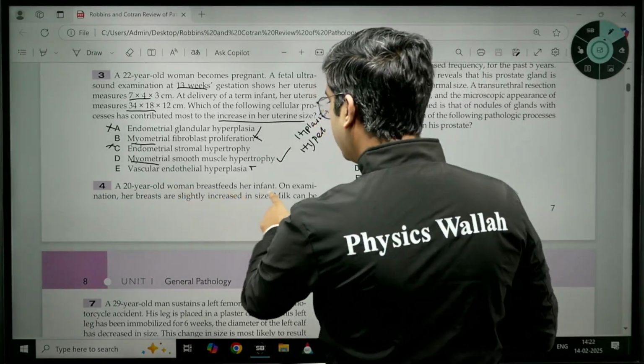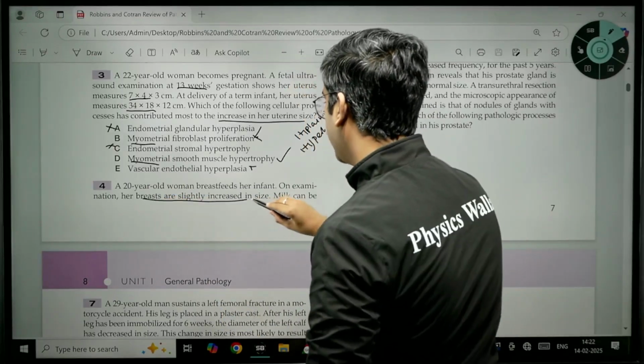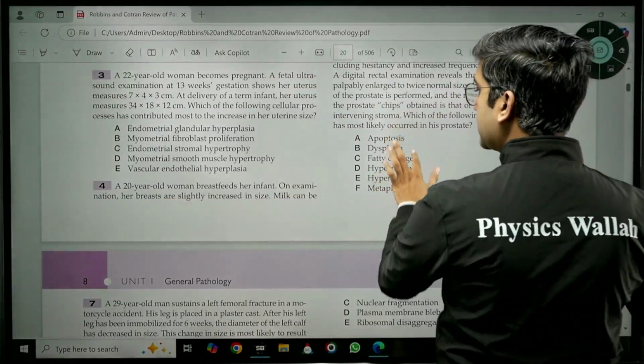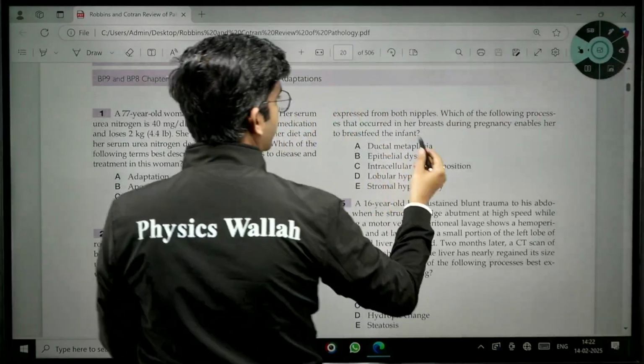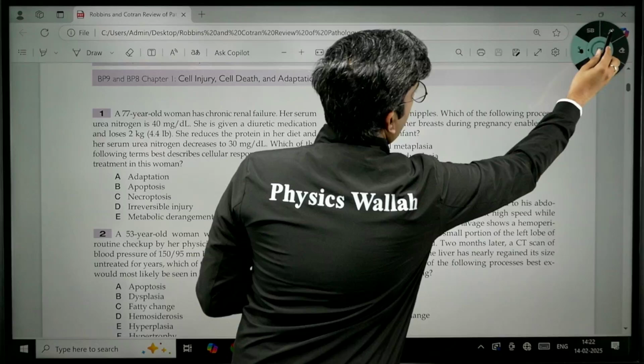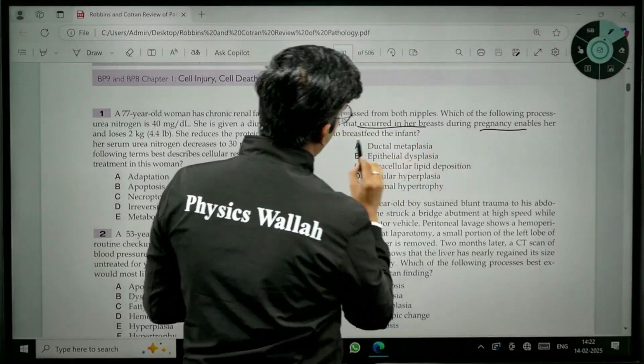A 20-year-old woman breastfeeds an infant. On her examination, the breasts are slightly increased in size. The milk can be expressed from both the nipples. Fine. So, which of the following process has occurred in her breast during pregnancy which enables her to breastfeed the